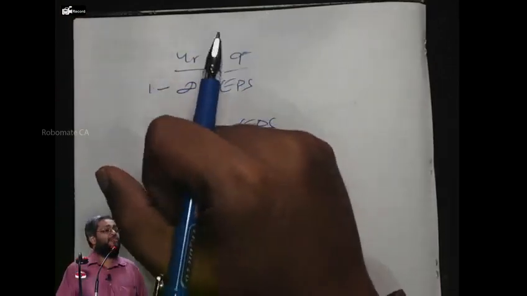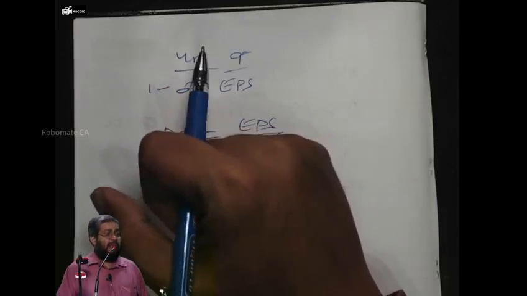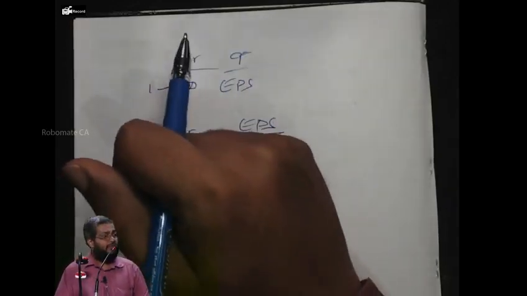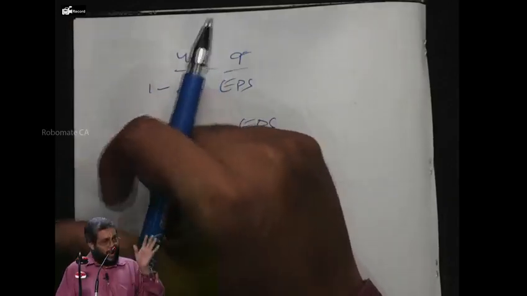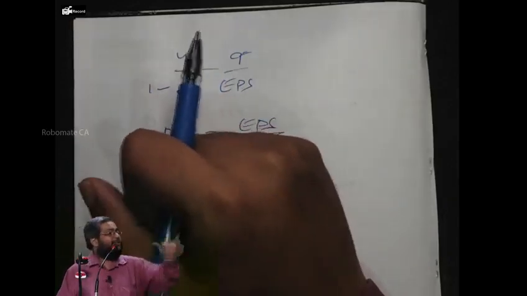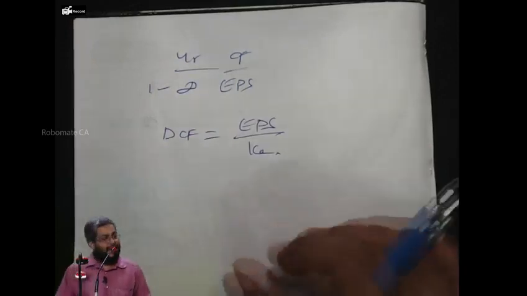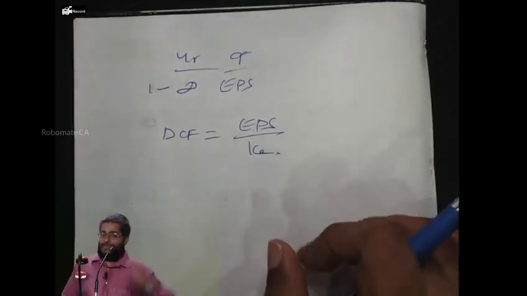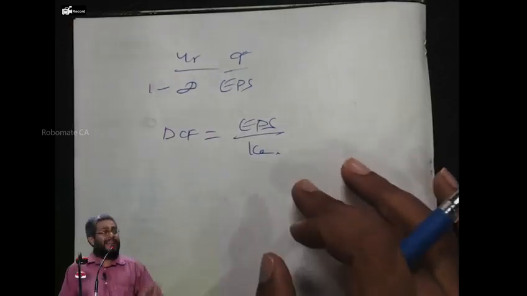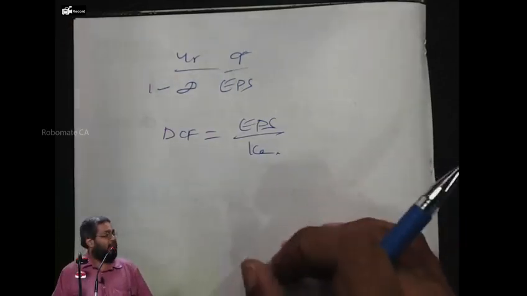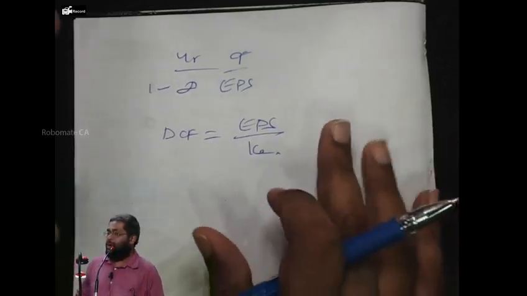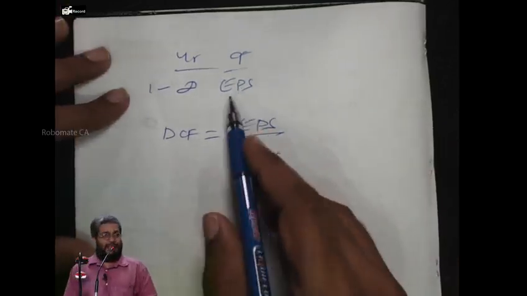To understand simply, I can say like this. I earn 10 rupees every year. Suppose the entire 10 is given as dividend. What is the growth? 0. So I am going to earn 10 rupees every year forever. Right or not? Now, in the constant earnings approach, I earn 10 rupees EPS. Retention is 0%, payout is 100%. So EPS is equal to dividend. I can say this EPS is the dividend cash flow.